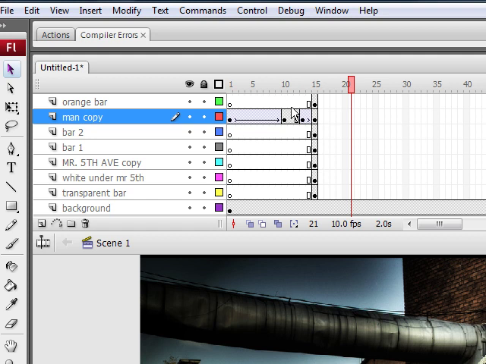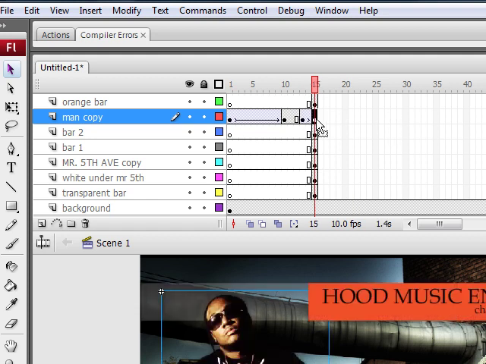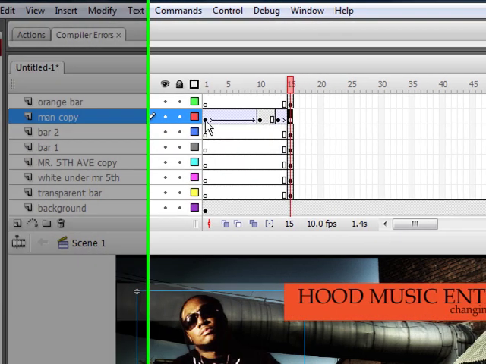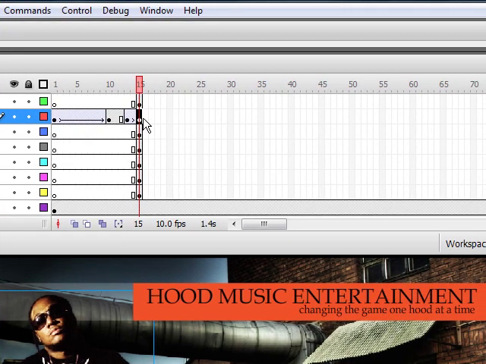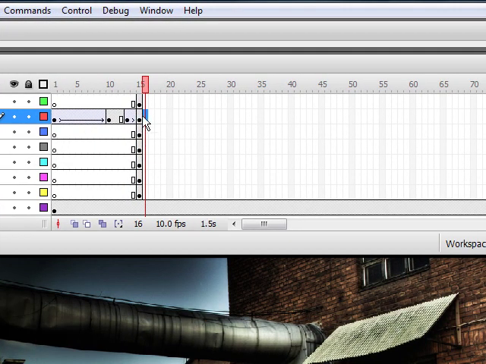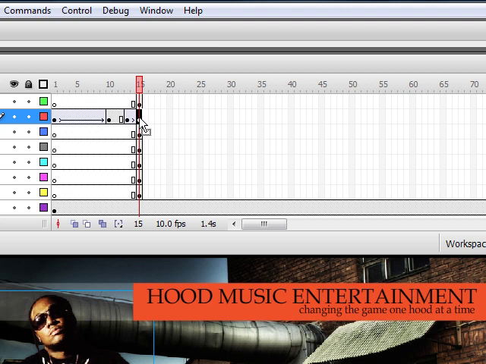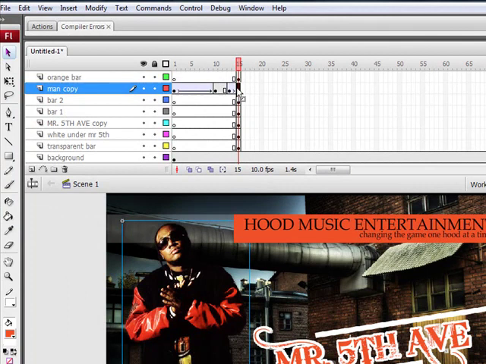I think I'm going to leave it like that. So that's all that I want to do for him. For this whole flash, that's it. So what I would do is, since this is his last keyframe that he just appeared on, I select that. I don't know how to select it, but just to see what's going to happen,